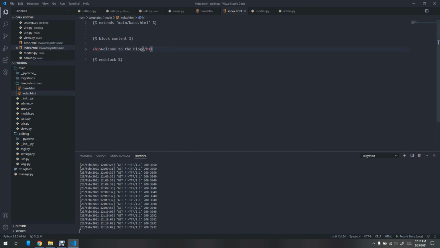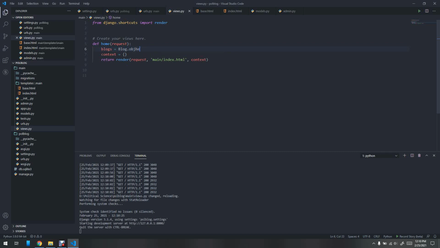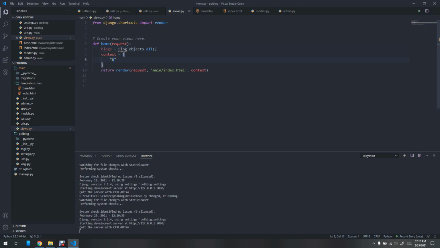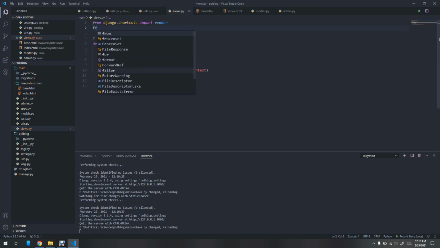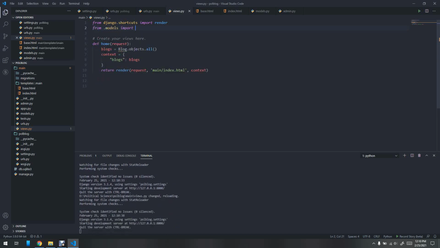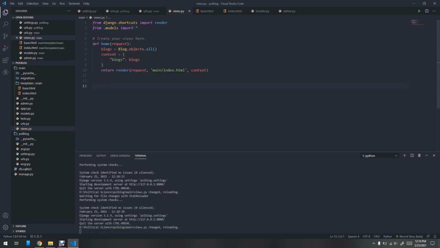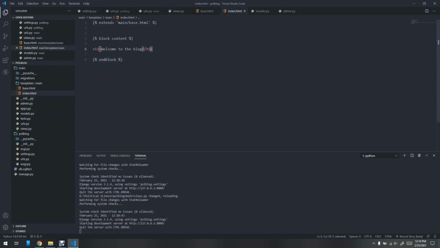And let's go to index.html. Welcome to the blog. Okay, let's retrieve all blogs. Let's just retrieve them in the home page. Blogs is Blog.objects.all, context, blogs, and let's import from .models, import everything. Okay, index.html, we'll just create a